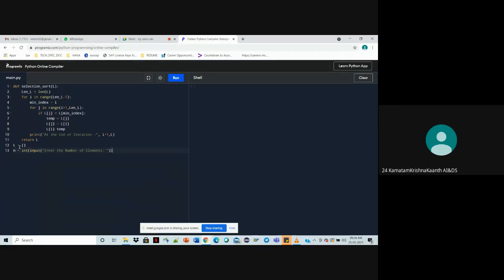Now after doing this, we have to specify the range of the list also. We have to create an empty list for the user. Before that, we have to create a for loop to specify the range of n, 0 to n.